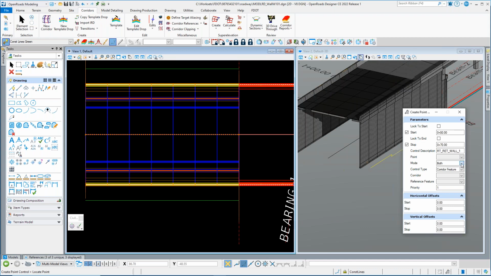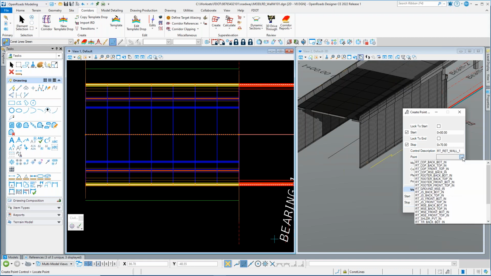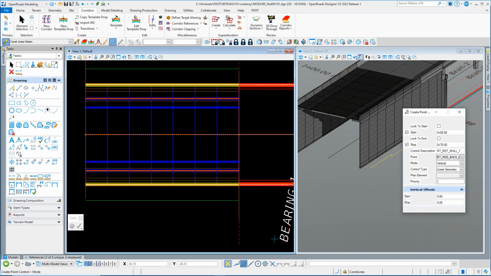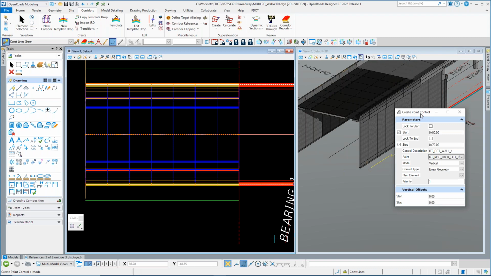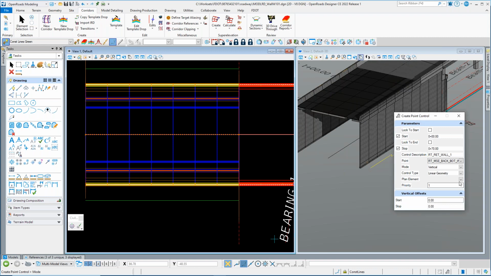We want to go from mode. We're going to change it from both to vertical. We want to change control type to linear geometry. All right. And as far as the point goes, we want to choose the RT MSE back bottom in. So let's see if we can choose our point. RT MSE back bottom in is going to be our control point